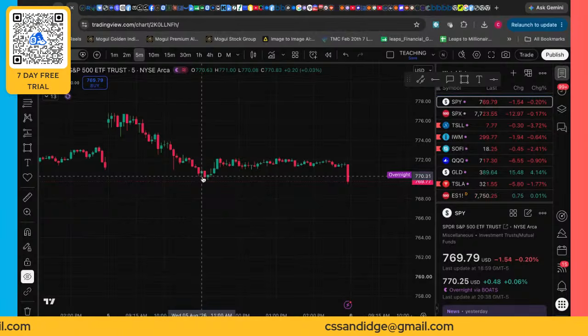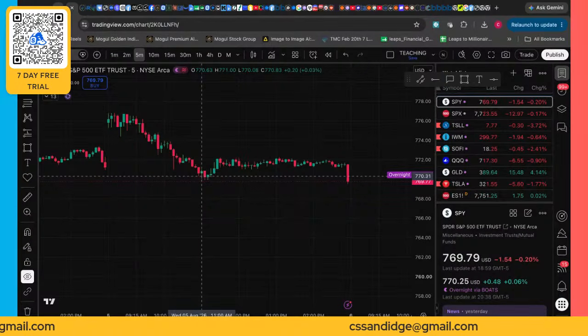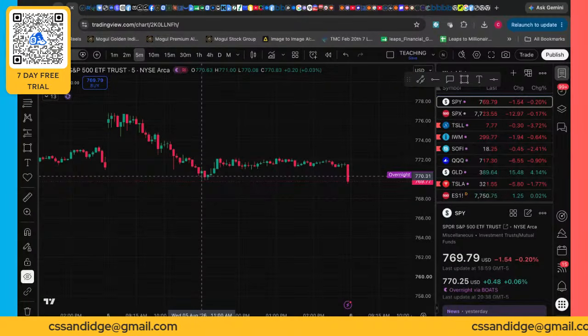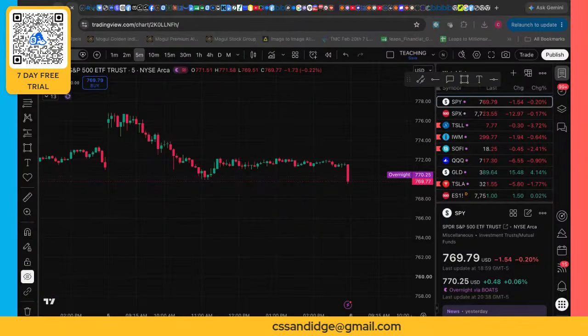I gave the signal inside of Discord and I did it by my GTS system, and that's a guided trade system. So when I give a signal inside of my Discord, I don't just tell them, hey, go take a put or go take this particular strike. I'm leading them to exactly where the market is going. So let me break down and show you guys that.